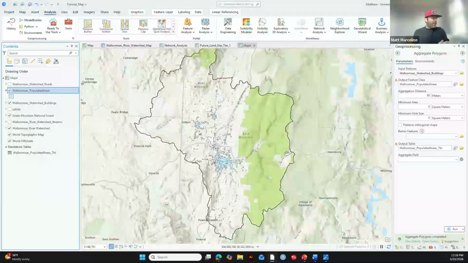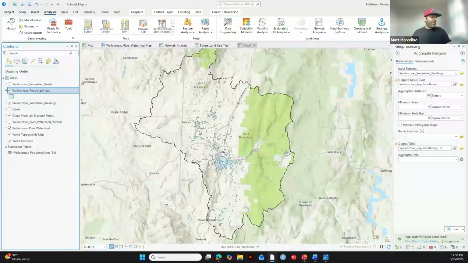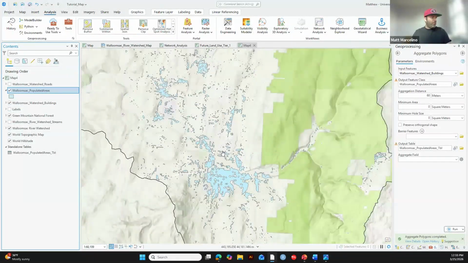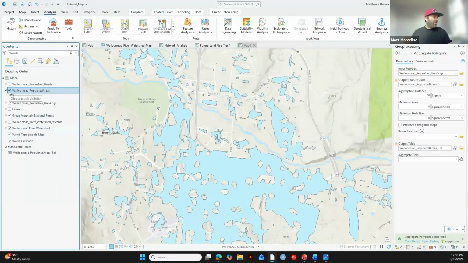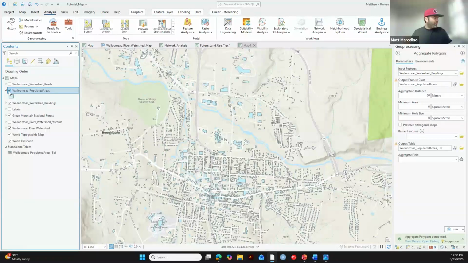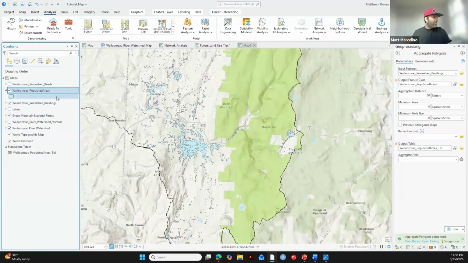So we have two different layers that are essentially showing us similar things. So we don't really want either of them to be open at the same time, especially within a web map. So if we're zoomed in here, this isn't really valuable. This aggregation, this is more valuable. So what we can do is set up scale ranges for each of these layers so that we can decide where we want to see the